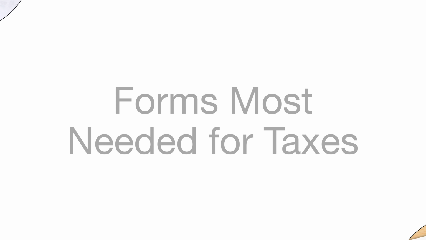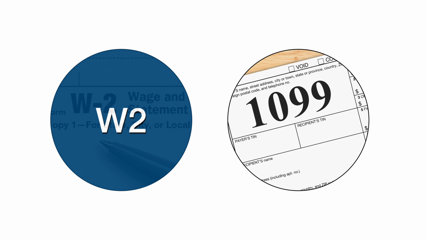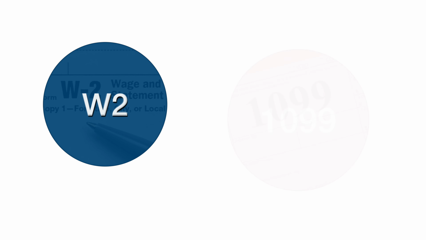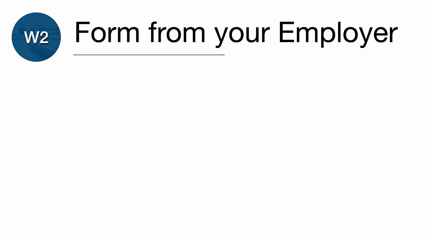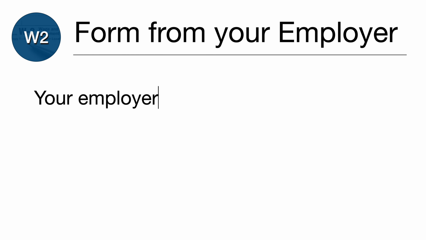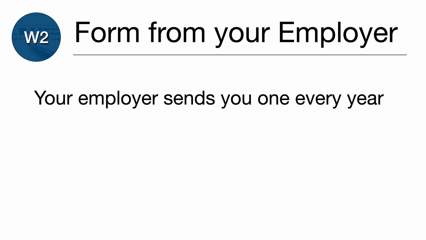In this video, we're learning about the two most needed forms for taxes, and that's going to be the W-2 form and the 1099 form. Now, let's start off with the W-2 form, and this is going to be a form sent to you from your employer, and they're going to send you one at the beginning of every year with the previous year's income